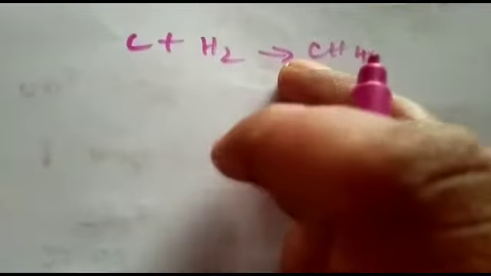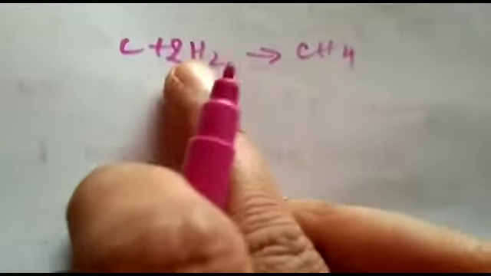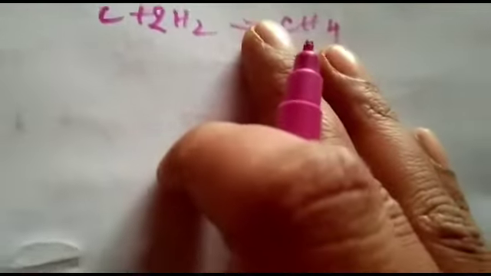The stoichiometric equation means we balance the equation. 2 times 2 is 4, so there are 4 hydrogen on the reactant side and the product side. Both sides are the same. These are stoichiometric equations. So this is the equivalent proportions. Equivalent means the number of elements is the same.